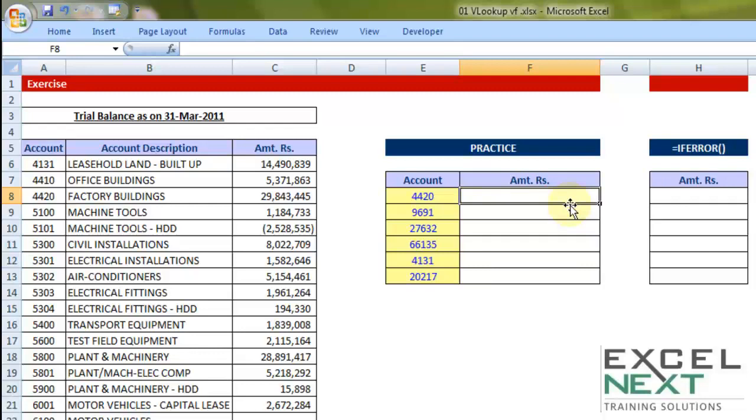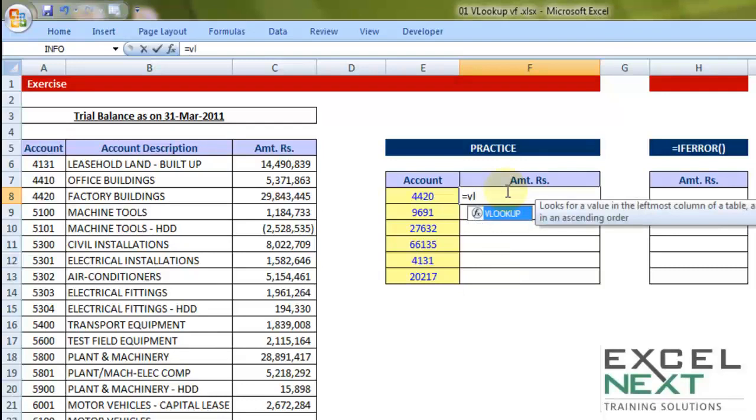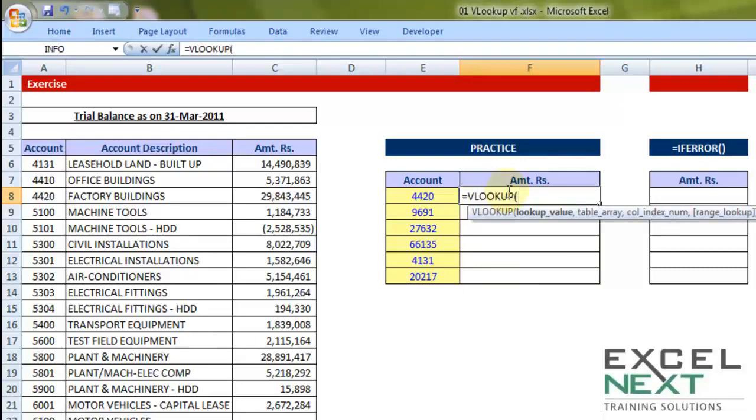Now before every problem, let me go inside the logic of VLOOKUP. Why VLOOKUP? Just like last time, I have one thing common, that is account code. That account code is given vertically in my table array. So hence VLOOKUP. So I'm pushing a formula equal to VL, pressing the tab key, lookup value. From our earlier example of the bat, my friend, he would perhaps want to look at this.